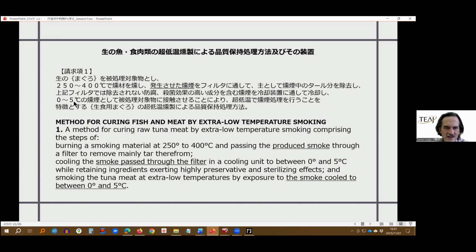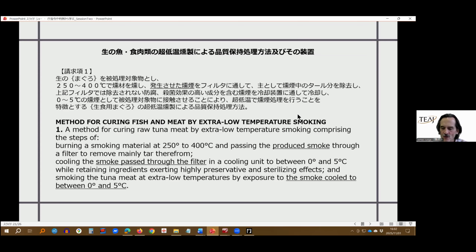If you say, 訓煙通して, I guess so, but I think that this could have been translated differently and it might have made the claim broader. Let me just conclude by saying that. I don't have time to go into more detail, but I think this is a very interesting case where the translators took too many liberties and maybe made the claim narrower than it needed to be.